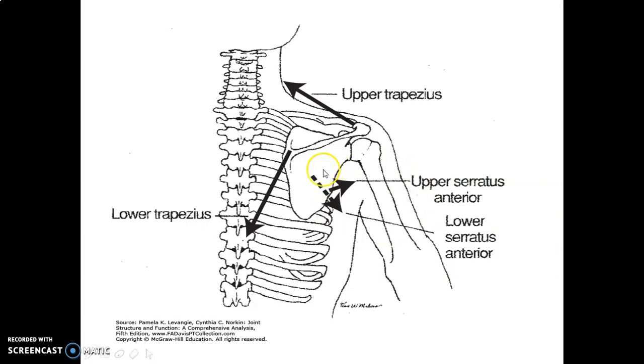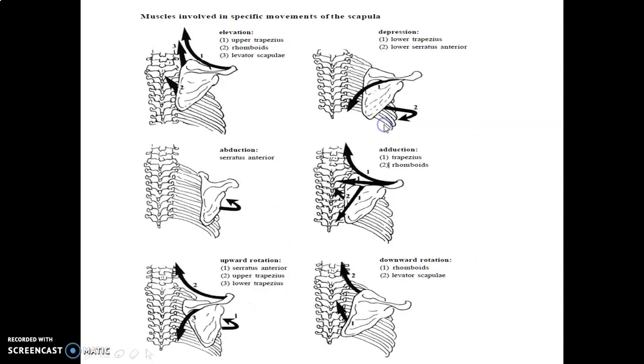Again, I am showing you that in a different aspect. The lower trapezius pulls the scapula from the root of the base of the spine of the scapula. The upper trapezius pulls from the clavicular attachment, as well as the acromion, the spinous process, which is the lateral border. This pulls away, and the upper serratus anterior is pulling upward, and the lower serratus anterior pulling. Anyway, this direction of pull creates a rotation, what we call the upward rotation of the scapula.